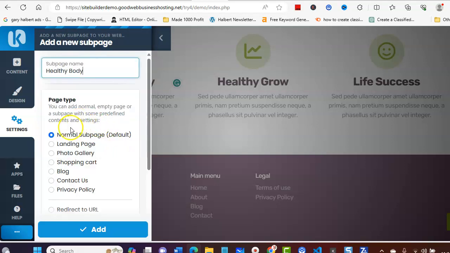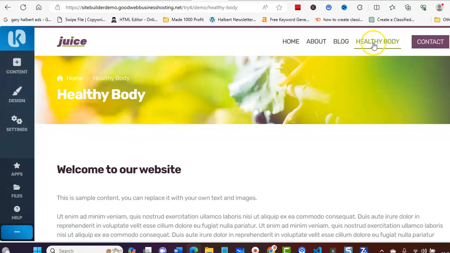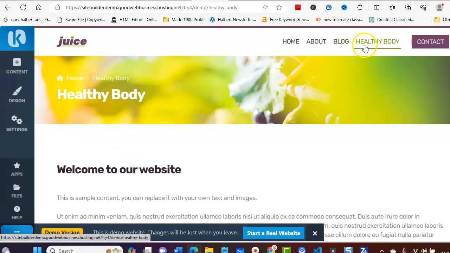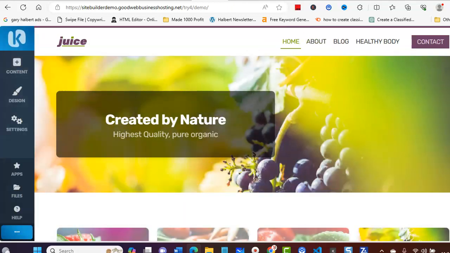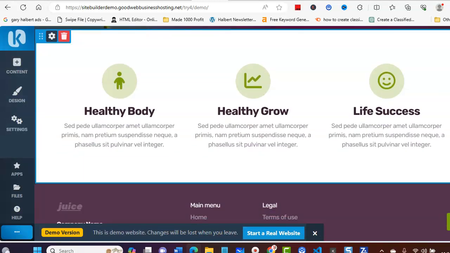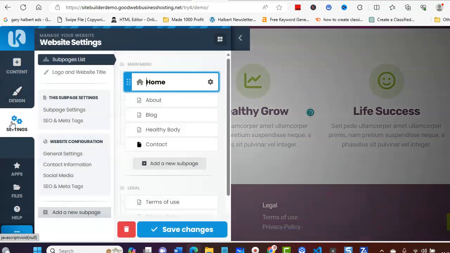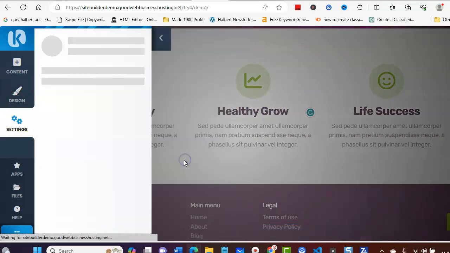And then if you click this button, these are all the different pages that you can have, but we're going to leave it on the normal one and we're going to add it. And as you can see, that's added it up here. So what we'll do is we'll go back to home, scroll down the page, and then we'll add this one here, copy it, sub page, add it,